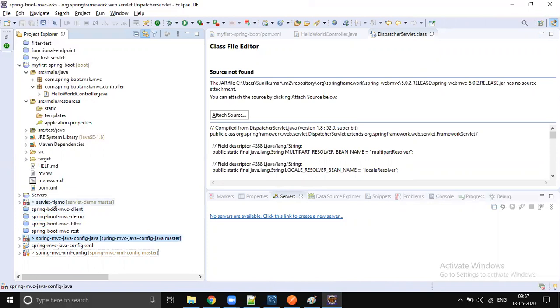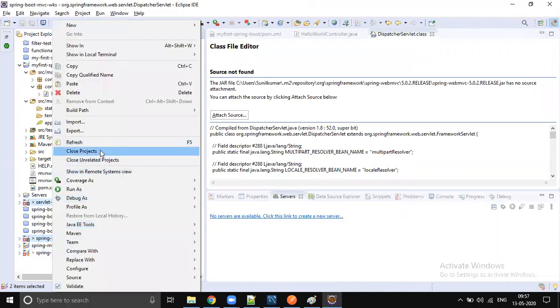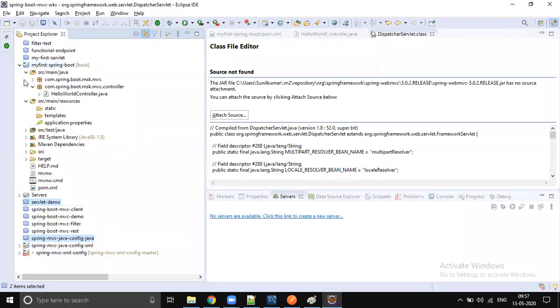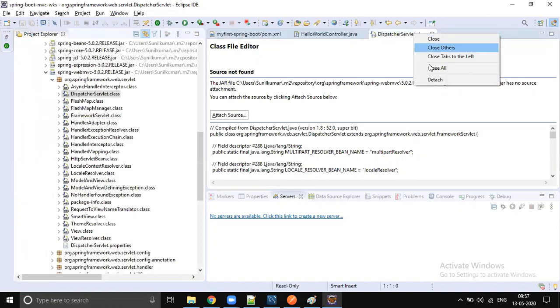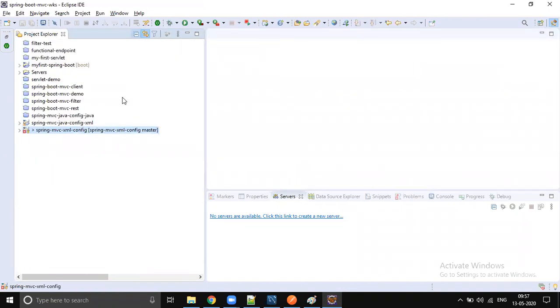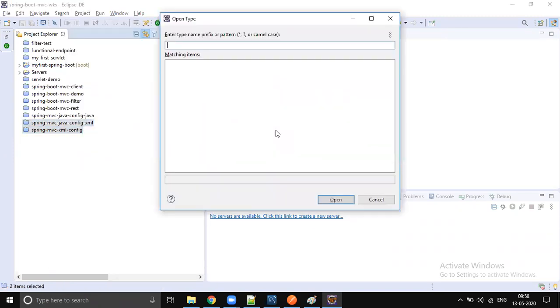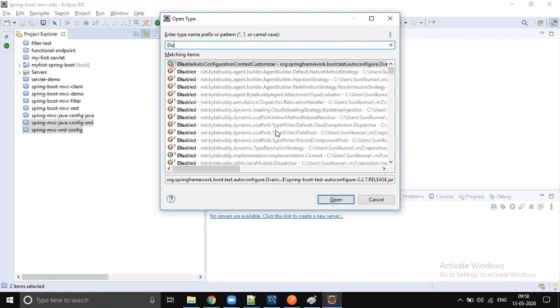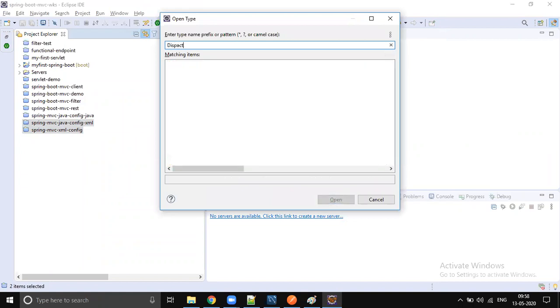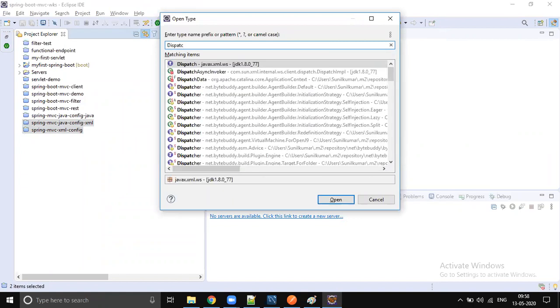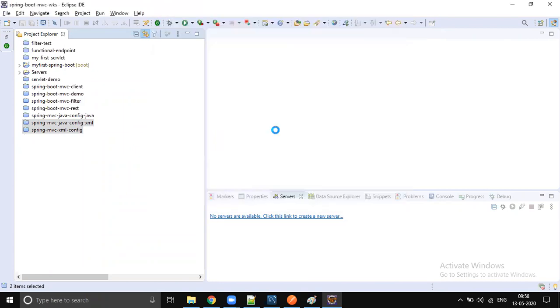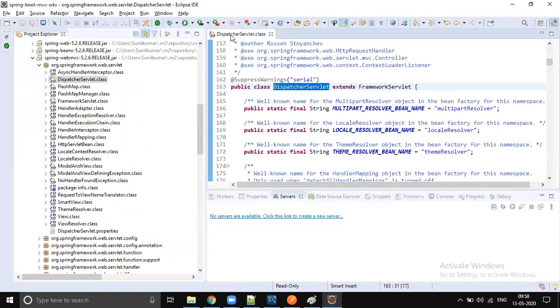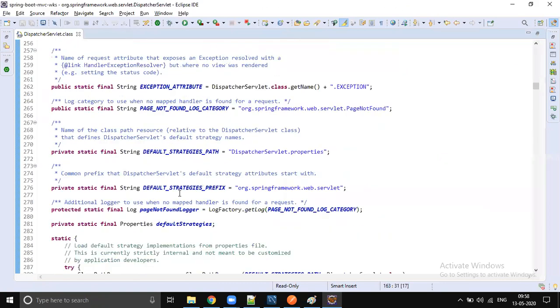Let me close these projects. Close projects. Control Shift T. Okay, now you see the source code. Here you see some kind of doGet, doPost and all.